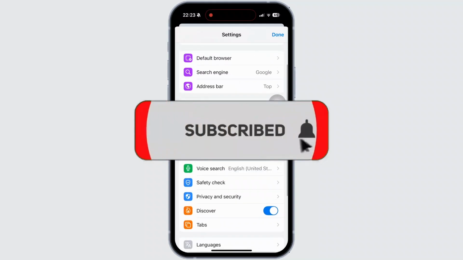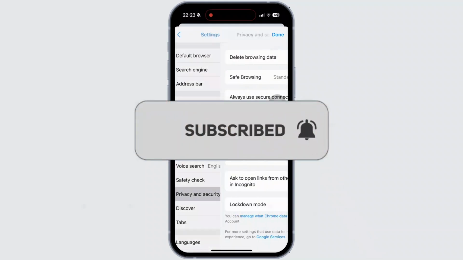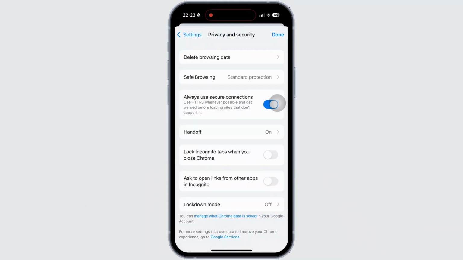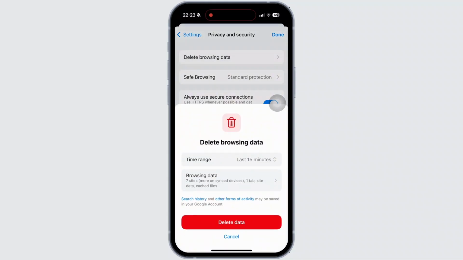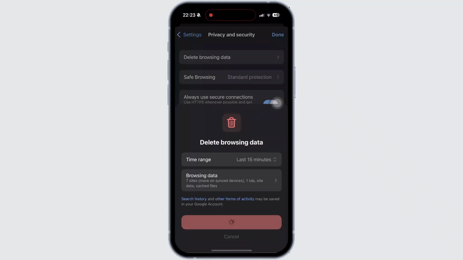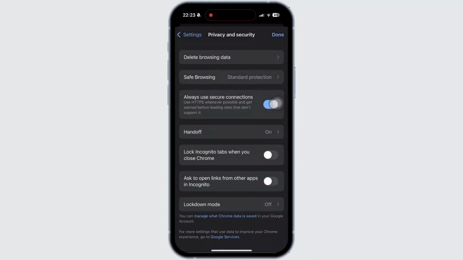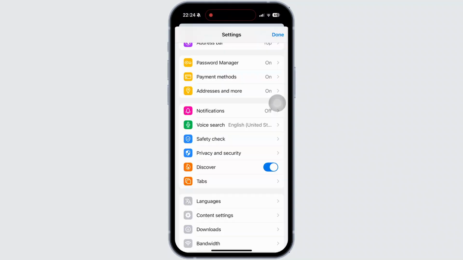Once inside the privacy and security, you will get to see the clear browsing data option available at the top. Simply tap on the option because if you clear the browsing data, then it might clear the browser cache and cookies with it. You can also change the time according to your preferences and tap on the clear data option available there. Now, once done so,